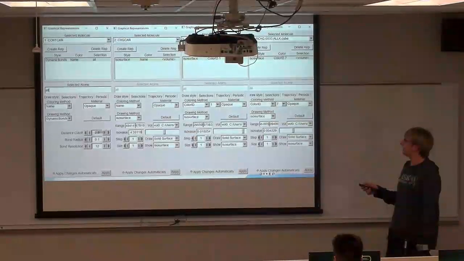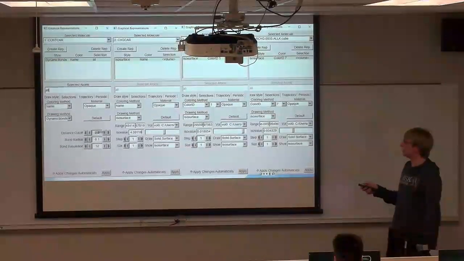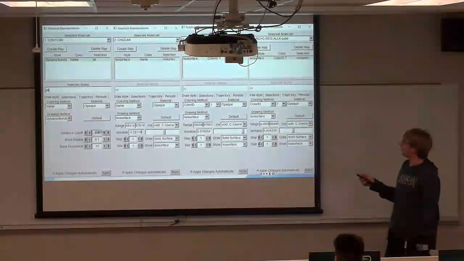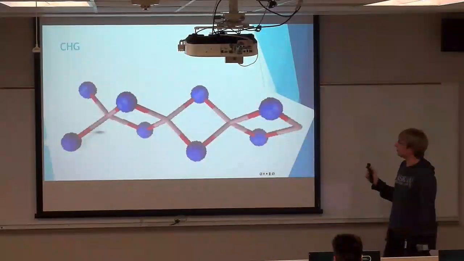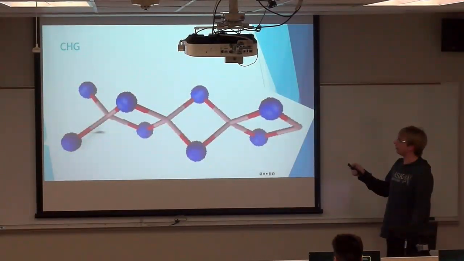You can set it as little points, but those are hard to see on the presentation, so I just have a solid surface here. Change the color, which that is the color, it's just not showing that. So here we just have the charge car file. We only have the charge showing up on the oxygen itself.